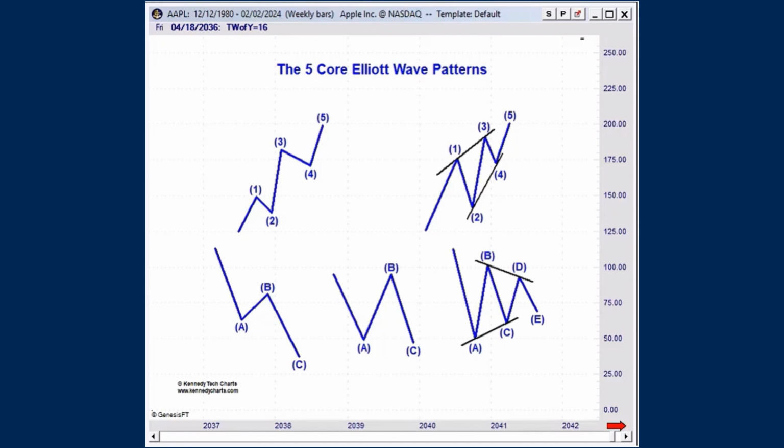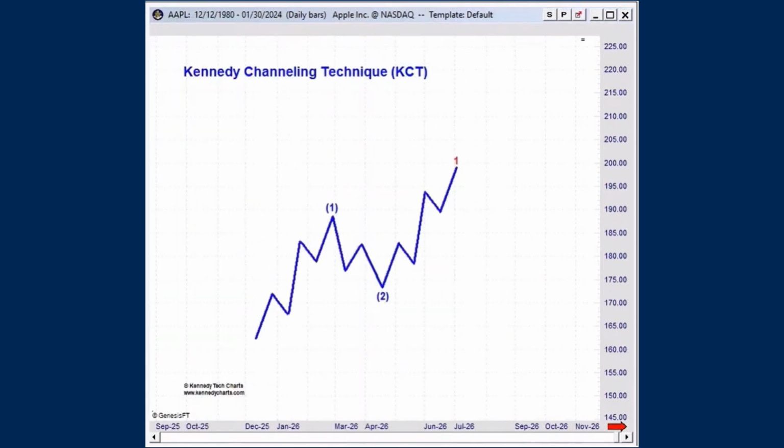Now, let me show you just a few introductory slides here, because I want to explain the genesis, where this idea actually came from and began. I've been using this technique for 20, 25 years now. I developed it back in the 2000 time frame, after several years of being an Elliottian, counting waves. I started at Elliott Wave International back in 1993, and really by the time, say, 1998, 1999, 2000